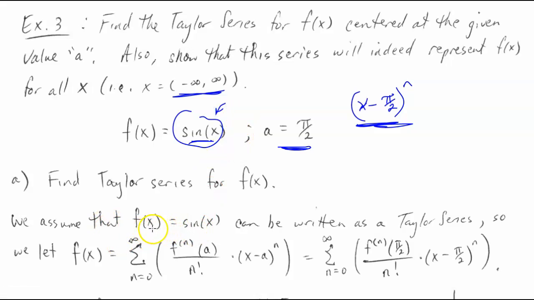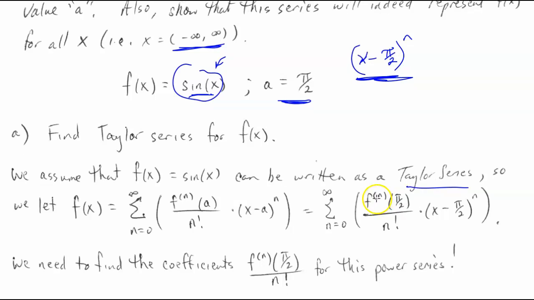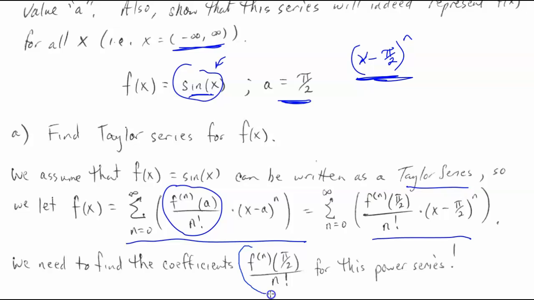Well, of course, we're going to assume that f of x or sine of x can be written as a power series in the first place. And we're going to specifically do it as a Taylor series. Okay. So here we know it's going to meet this form of a power series where our c sub n's is just going to be the nth derivative evaluated at a divided by n factorial. And of course, a is going to be pi over 2. So this is what that would actually look like. And again, we need to find out what these coefficients are going to be,